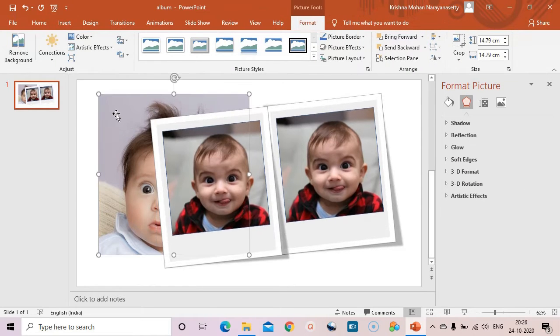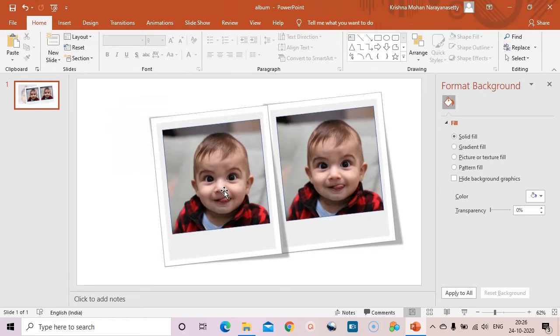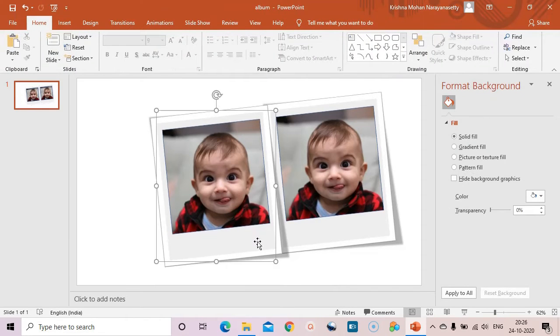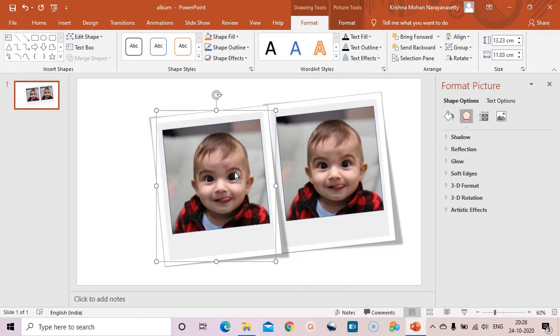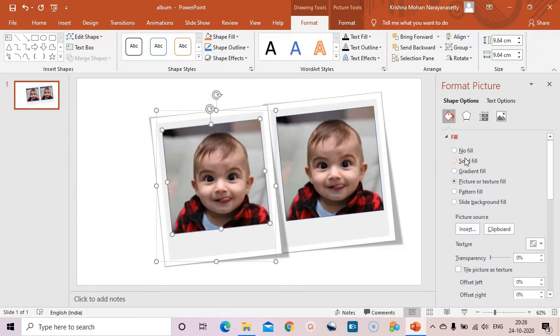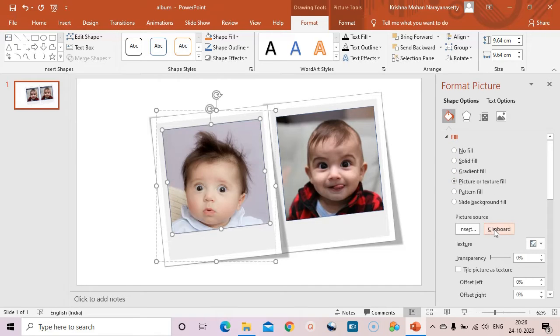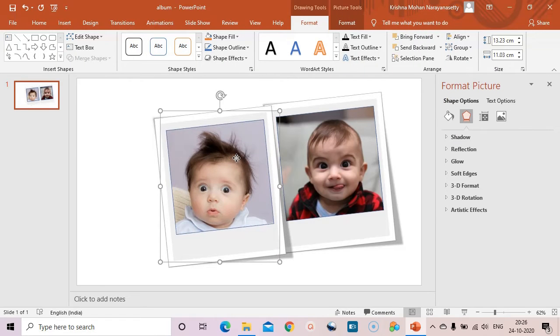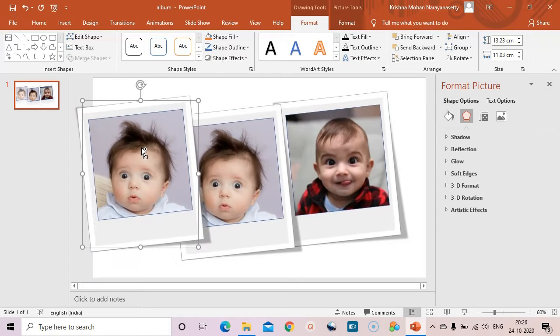Now I am clicking Ctrl X on this and selecting this one. So click this one, and control click this one, then go to picture and clipboard, so this photo gets replaced. So let me drag one more, control and drag, so one more.